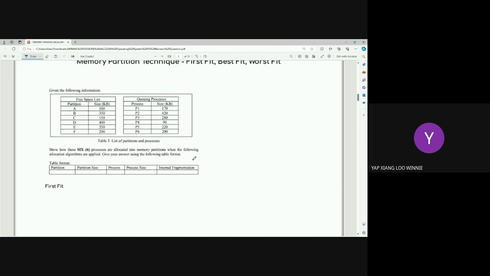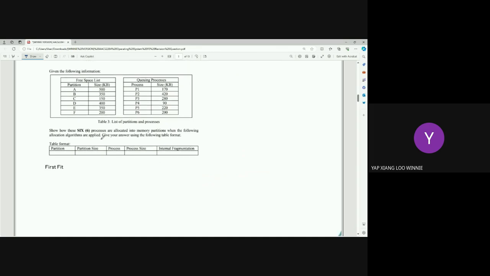Okay, look into this one. This is a question from your sample past year. Show how these 6 processes are allocated into memory partitions when the following allocation algorithms are applied. Give your answer using the following table format. If they already give you this table format, 如果他有给你这个 table format, 你就跟。OK 你如果自己去画 table format 不是不可以 but 如果很像你只是写了 let's say 你没有填到这个 process size， 我们有权利不给你分。OK， so 如果给了这个 just follow